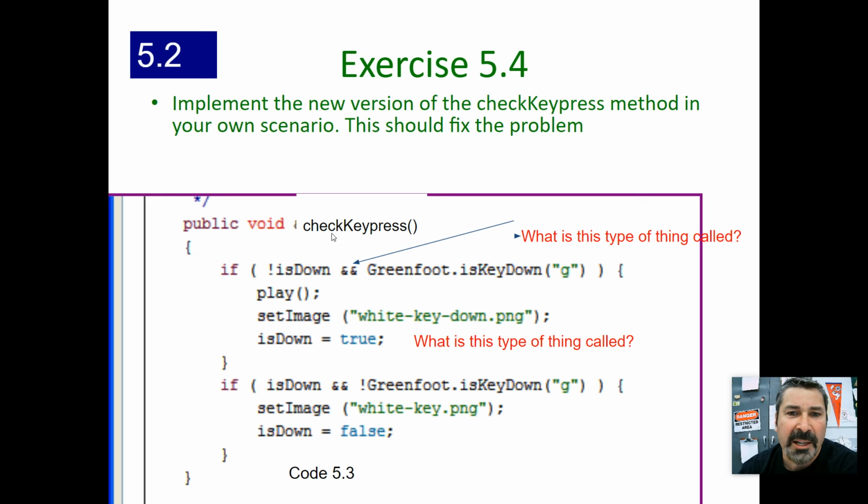By the way, your check key press method should now look like this. If it doesn't, fix it. By the way, if you have if is down equals false, that will do the exact same thing. If you have and greenfoot is key down G equals false, that's the exact same thing. But I do want you to, if you have that, at least switch one to not. Get rid of the equals false and put in not on at least either here or here, because I want you to understand how to use that